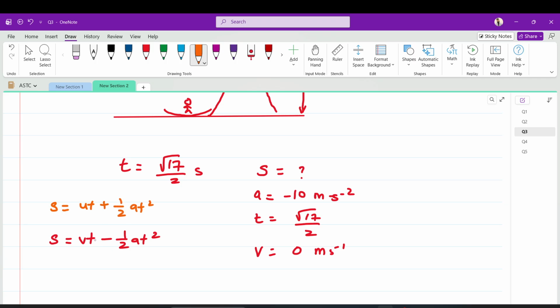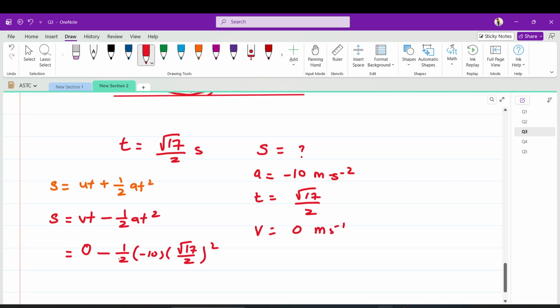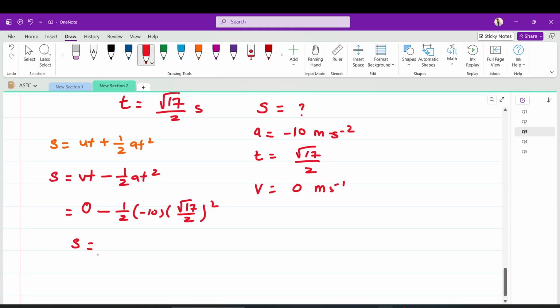So this is very similar to that equation, except that instead of initial velocity you have final velocity, and instead of plus sign you have a negative sign. Because V is 0, this term becomes 0. You have half times minus 10 and this will be root 17 upon 2 whole square. So this will be